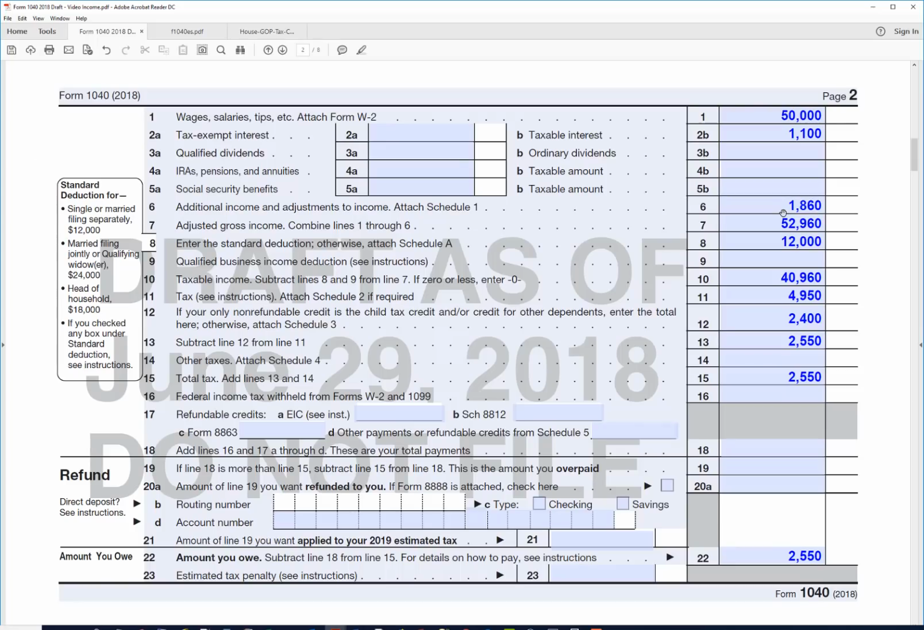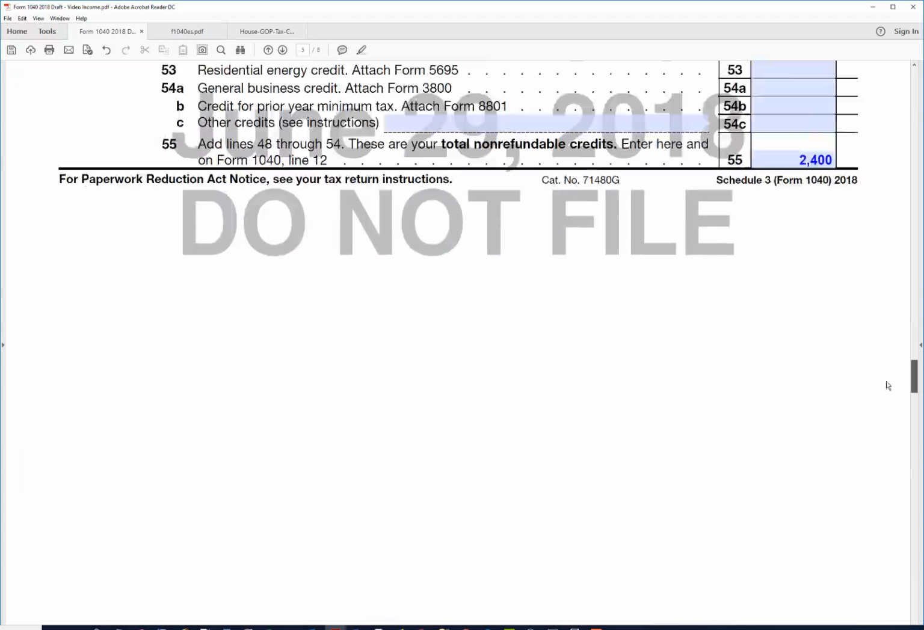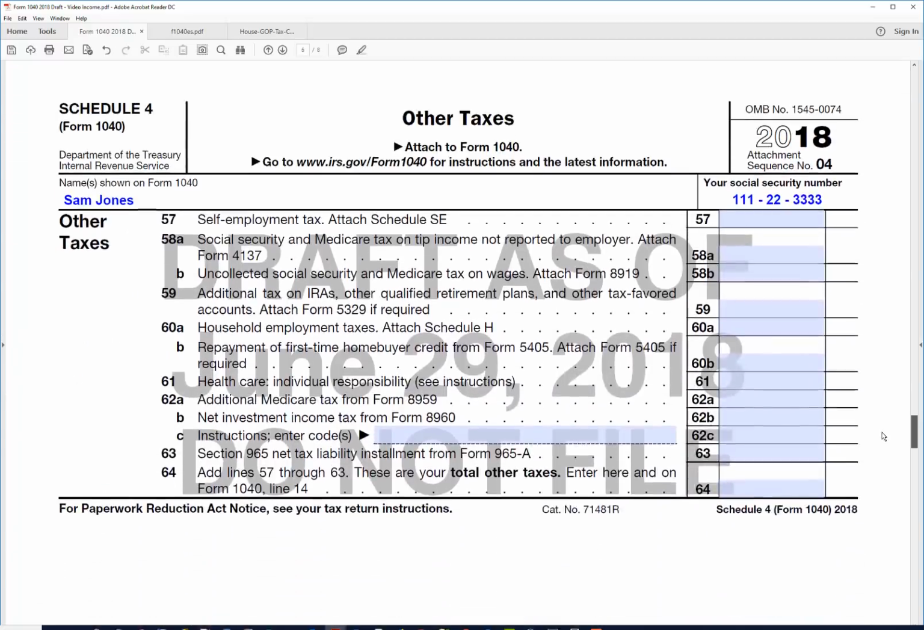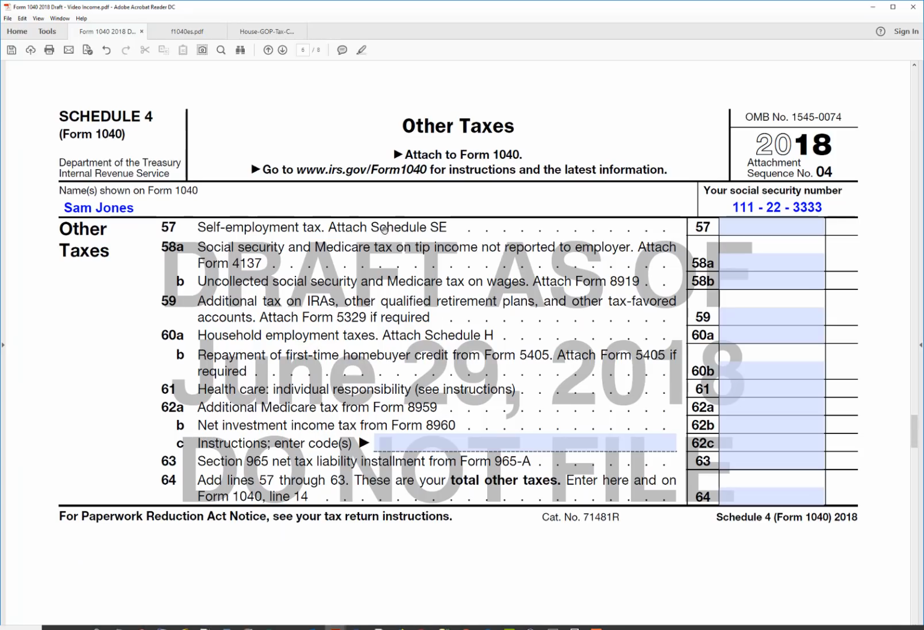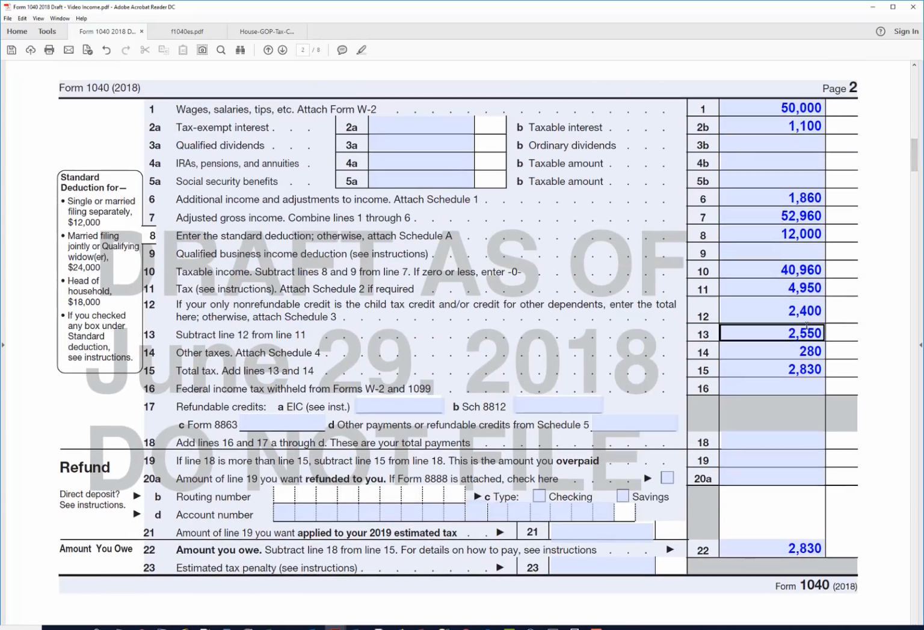Now let's go down to Schedule 4 for other taxes. Right here we had self-employment tax because we had that self-employment income. So that is going to be $280 approximately, something like that. That goes to line 14. So that is right there on line 14, and now our total tax is